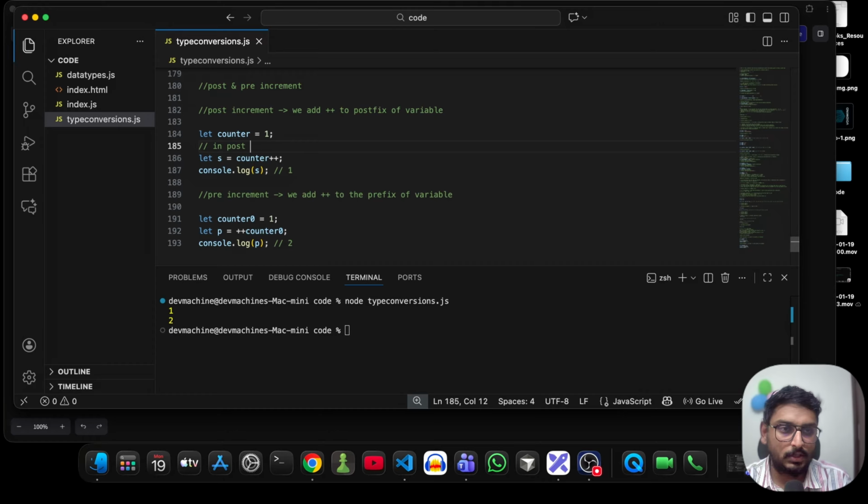In post increment or decrement, first the variable will be stored and then the operation will happen,